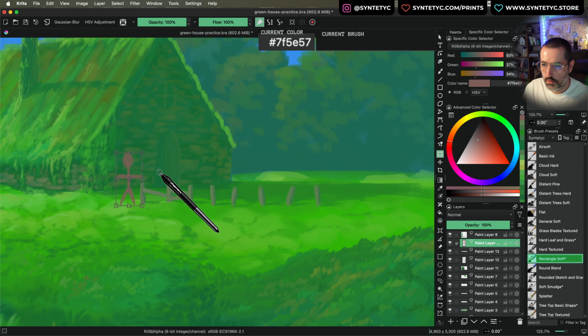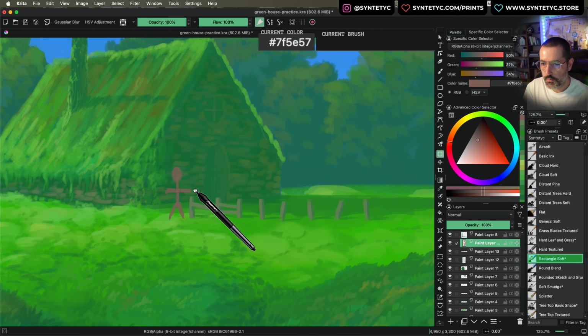Not always, but when I remember, I do this exercise to put a human silhouette, a human shape,